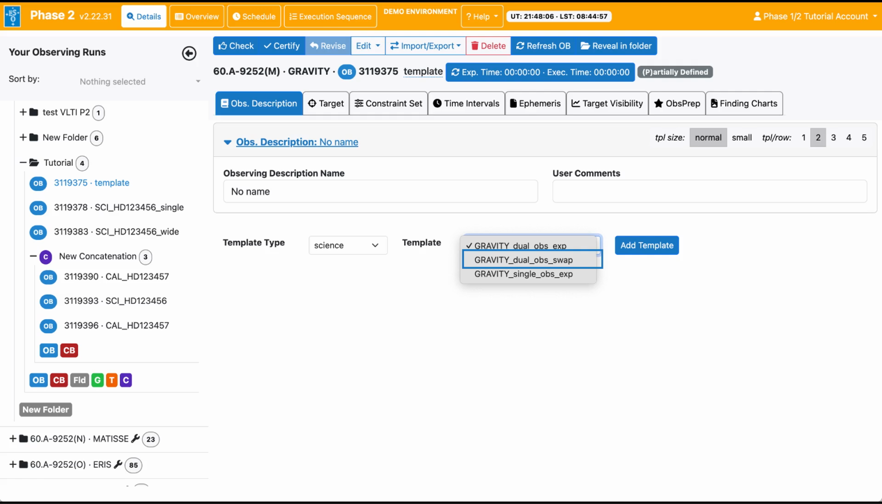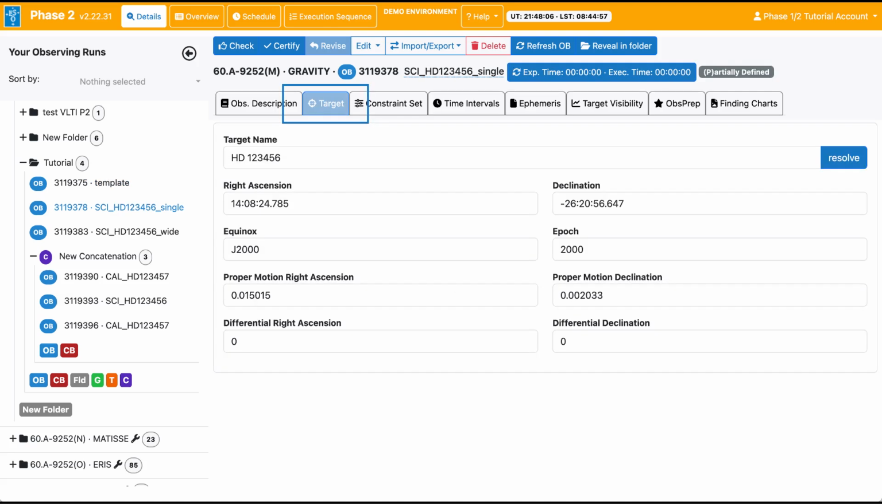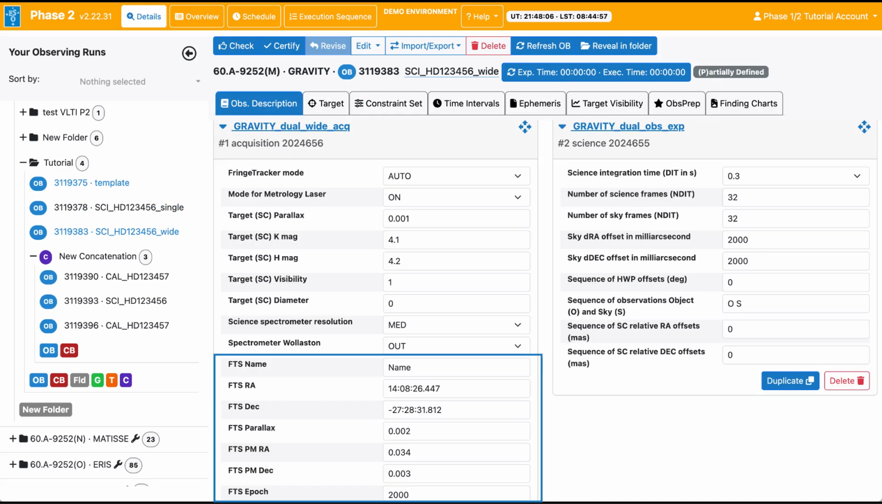For Gravity OBs, the target information placed in the main target tab varies depending on the observing mode selected. In single field mode and in the standard dual field mode, the coordinates provided in the target field must be those of the fringe tracking object. For the dual field wide mode, the science target object's coordinates are instead placed in the OB target tab. The information for the fringe tracker source in this mode is defined using specific keywords located directly within the Gravity